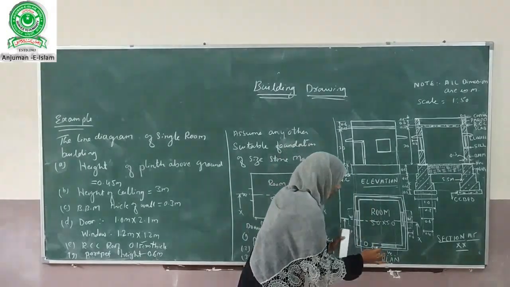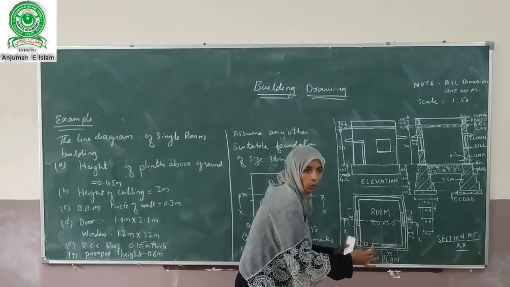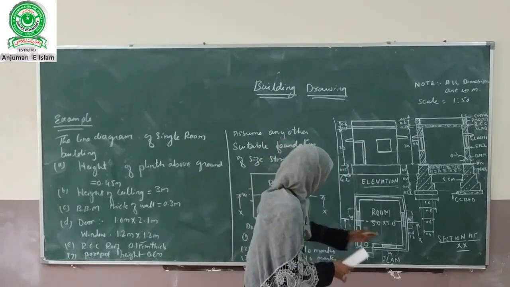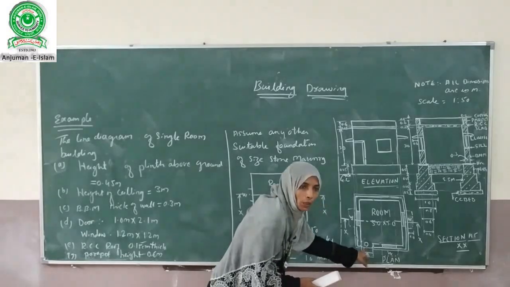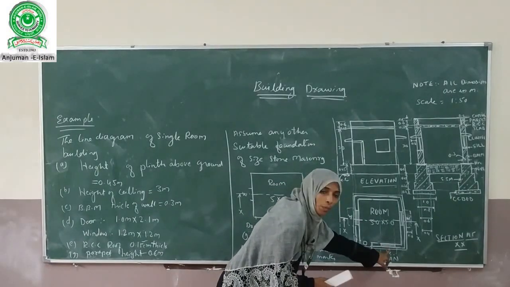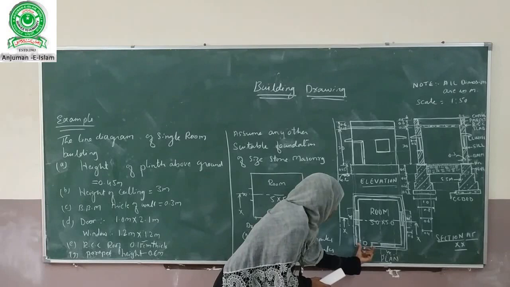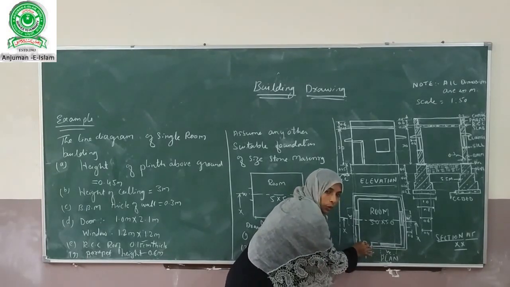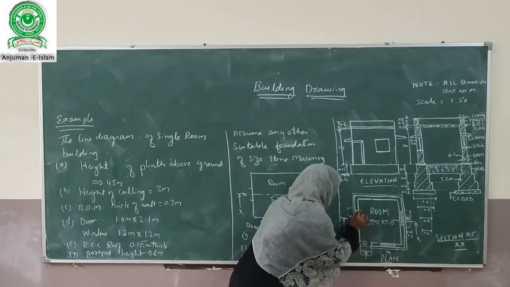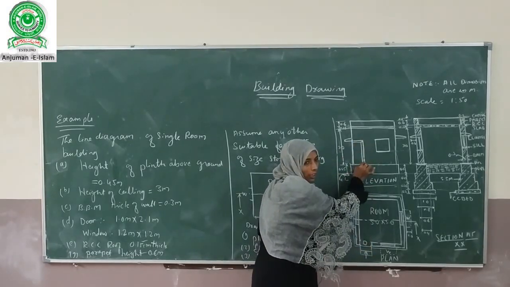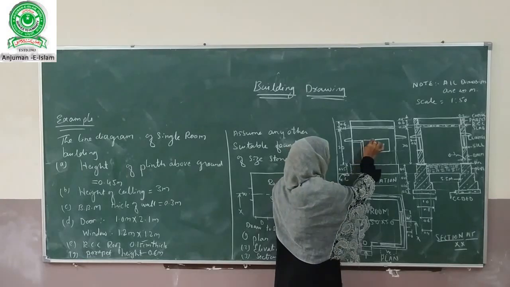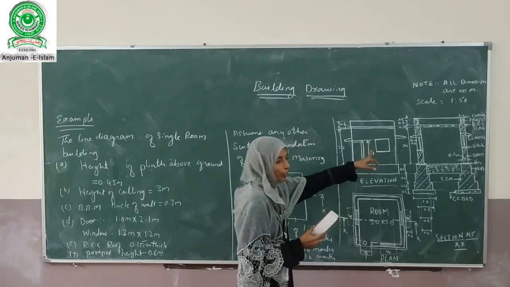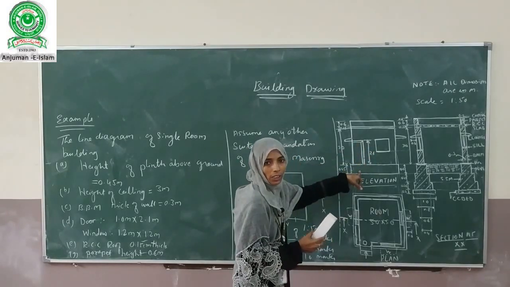So when we stand before the house or the room, what we see has to be highlighted in the elevations. See here, in front of this room, there will be a door and there will be a window. The place where the door will be provided, the same place will be extended and shown in the elevations. The height will be 2.1 meters. Up to the height of 2.1 meters, we have to show the door.